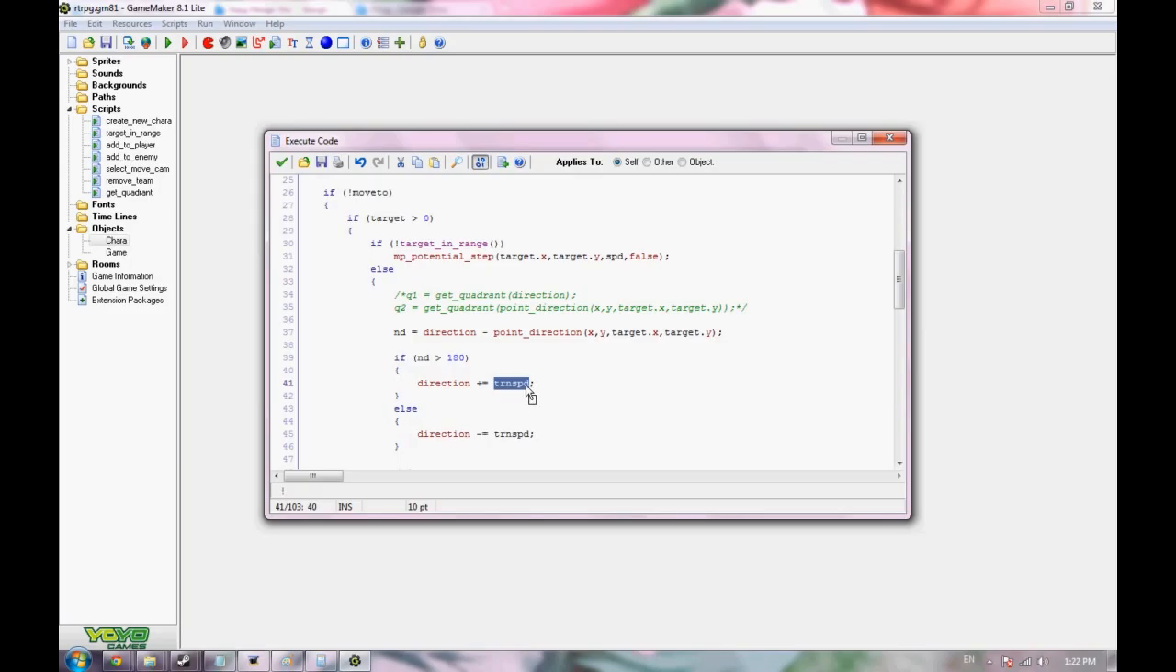One degree at a time. So it's going to pass facing the guy, and then it's not actually going to hit it. So what I'm going to have to do is say if direction, if what it's adding to it, is greater than 360,